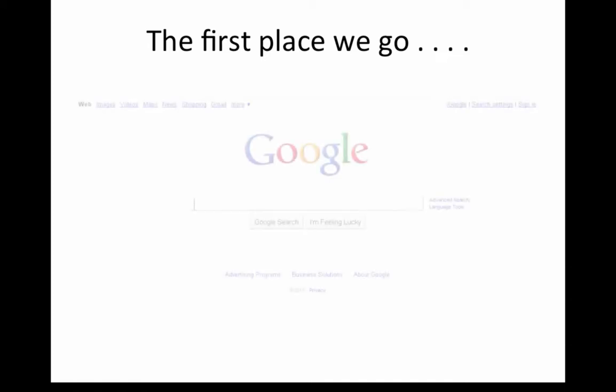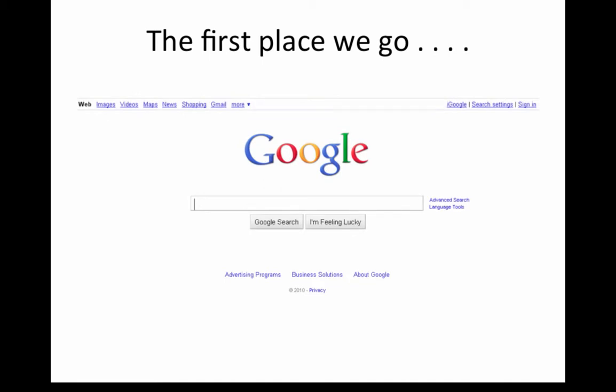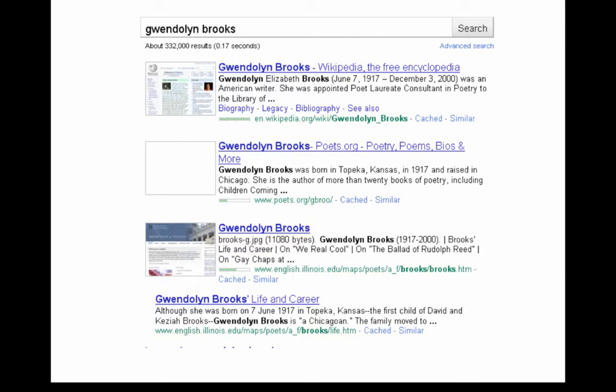We access Google. Everybody does this. It's a stunningly powerful search tool for the World Wide Web, and it's okay to start there. Most of you have a pretty sharp idea of how Google works and the sort of search terms that are effective. Let's just type in Gwendolyn Brooks and hit enter. And you see that you have hundreds of thousands of entries returned,